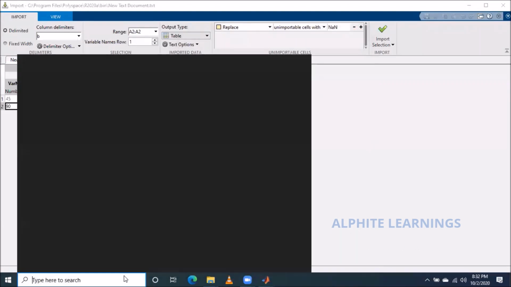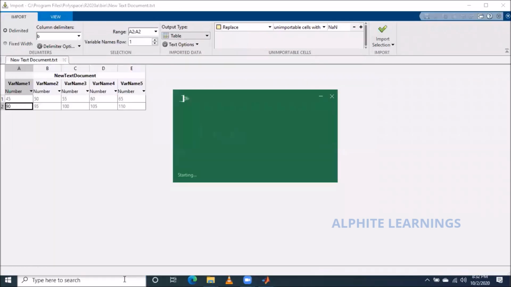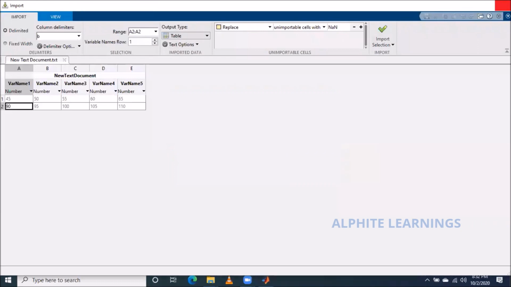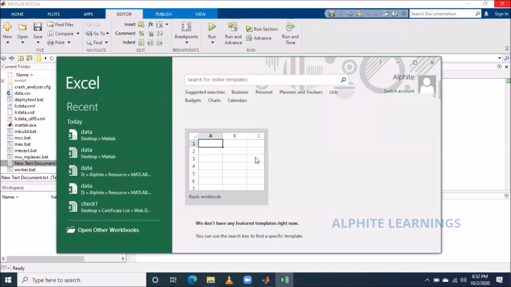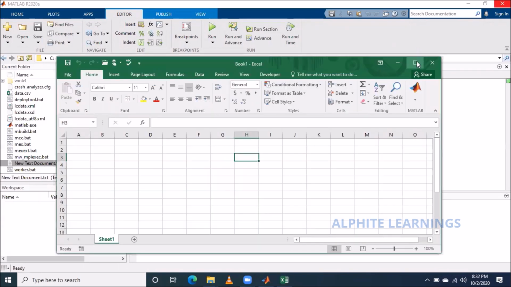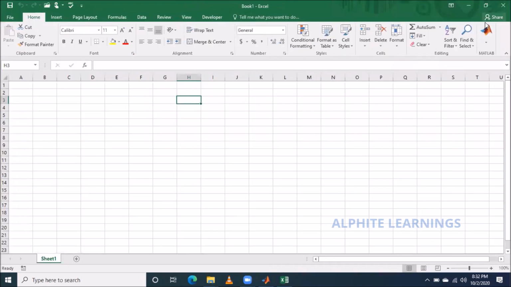Okay, so what I'm going to do, I just open my Excel, which is the 2016 edition. I guess most people will be using that. Okay, I'll just close this as of now. So listen carefully. I'm going to teach how to add a plugin in your Excel sheet. By default, you won't have a MATLAB plugin here. So before entering into this topic, I'll tell you how to bring this.